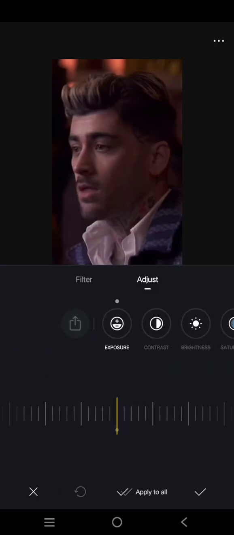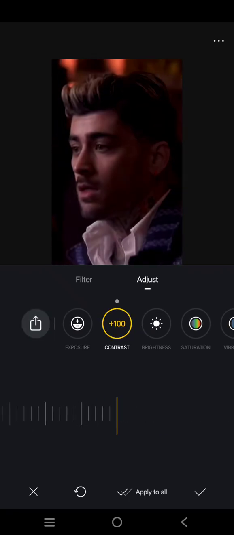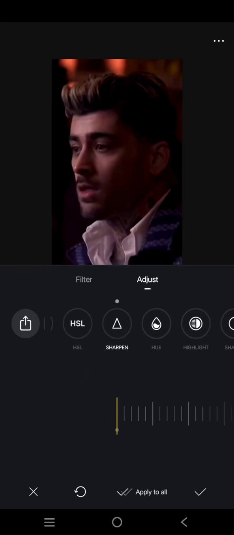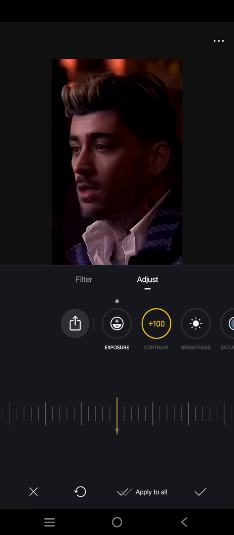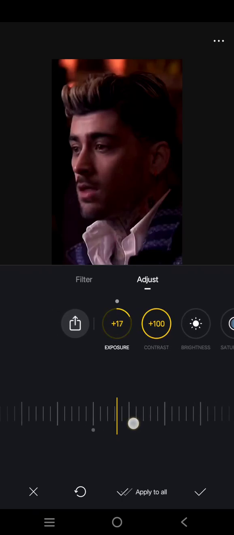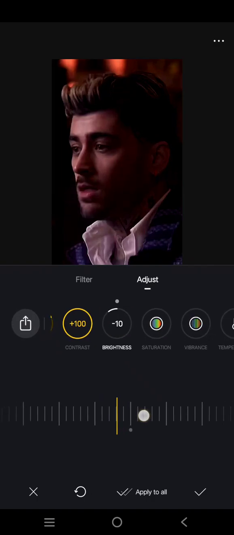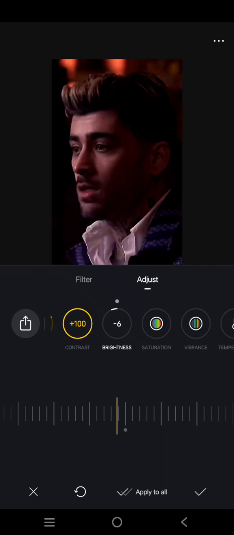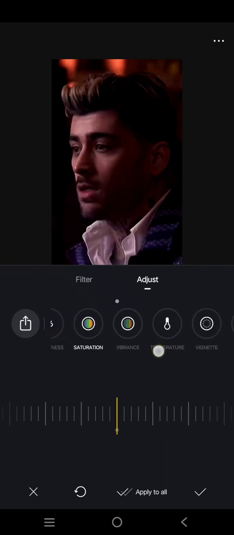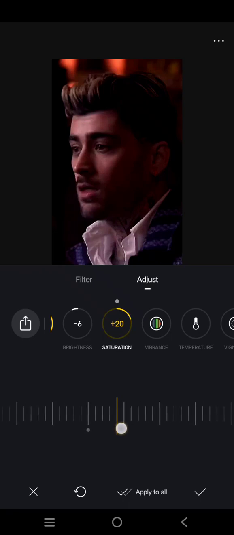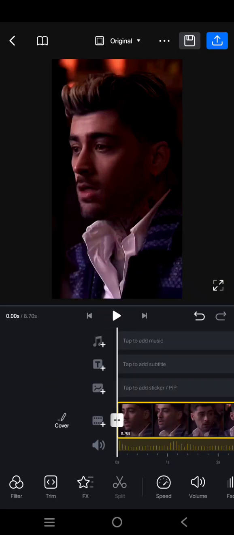So for the contrast, increase it to 100, and then the sharpness also 100, this one, and then go to the exposure and increase it to only around 18, and then brightness, lower it to -5, and lastly increase the saturation to how you like it. I'm going to go with 20, and after that you can click on the check icon and then use this